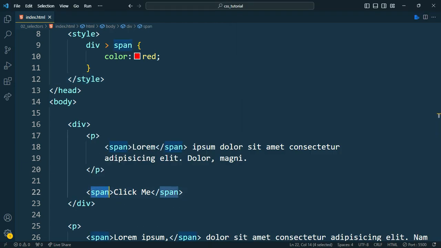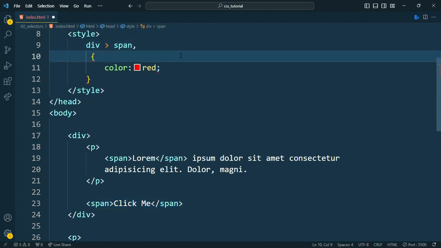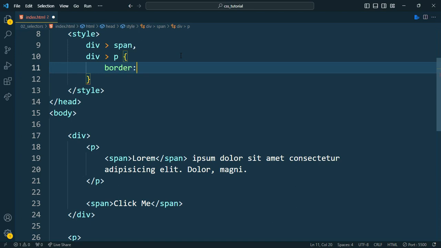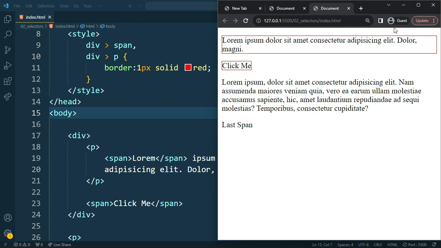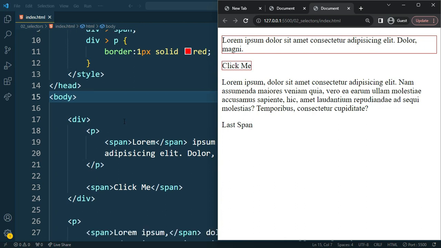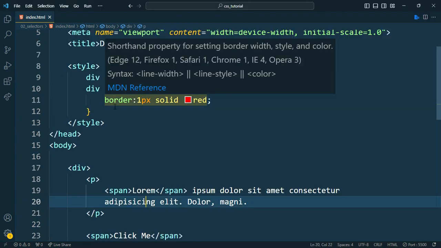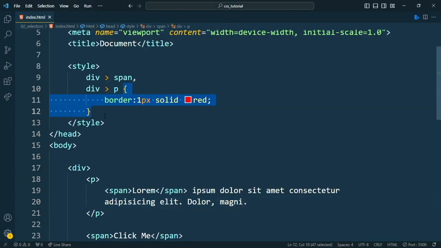Okay, cool. But what if you want to select both the immediate child? So I want to select the P and I want to select the span. Well, we can do this div greater than symbol span and then div greater than symbol P. And instead of color, because it will color everything, I want to do a border, solid red. And I will explain this on another video. For now, save. Okay, so we can see that there's a div P and the span got the same style applied. So CSS commands inside the curly braces, this one will apply to everything on the list of comma separated